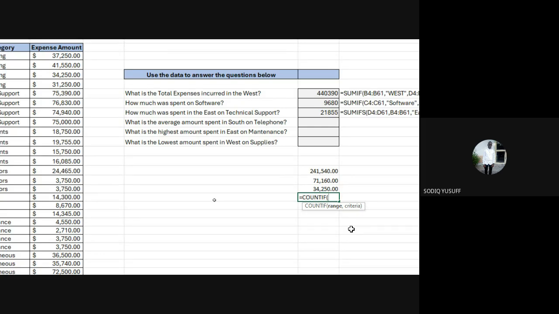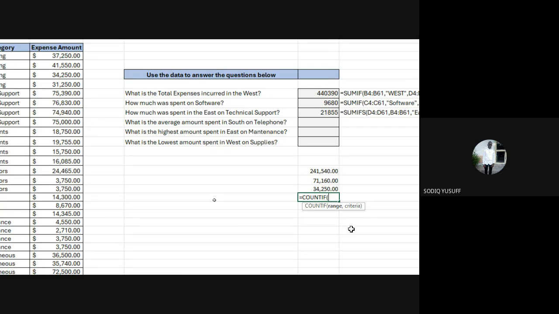First one is range. Which column are you looking at? The second one is what? What are you looking for in that column? What's the criteria? That's the criteria. Can't you be saying what range, what column? And the second thing is what are you looking for in that column? Then you're going to count the number of times what you are looking for appears.